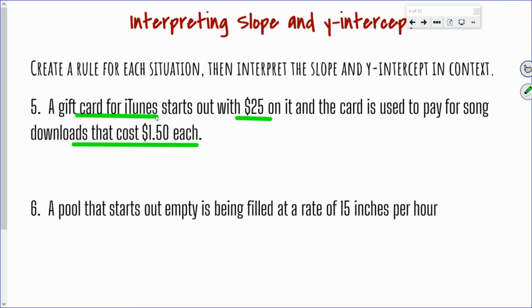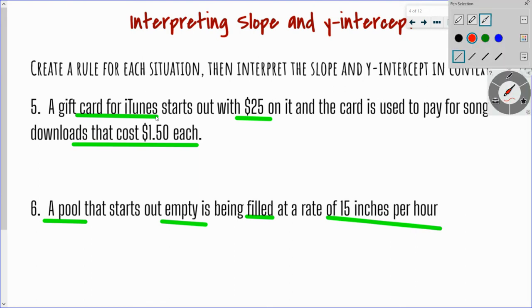Got another pool here. A pool is empty. And we start trying to fill it up. So we fill it up at a rate of 15 inches per hour. Those are the bits and parts I need you to write down. Again, we're going to do the same thing. We're going to find the slope, the y-intercept, write an equation,